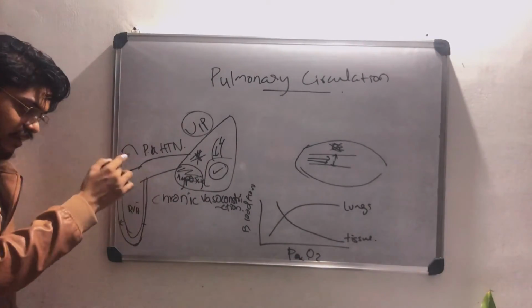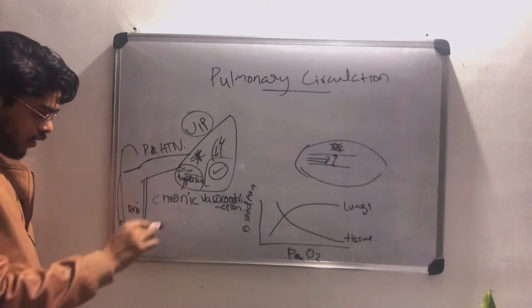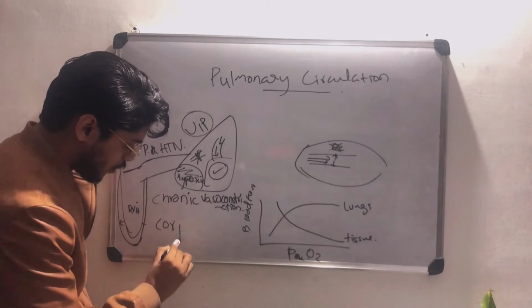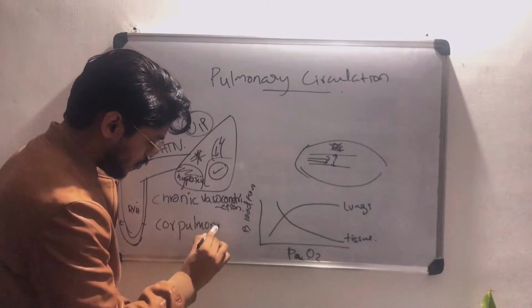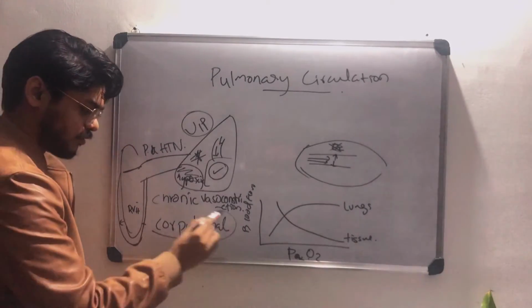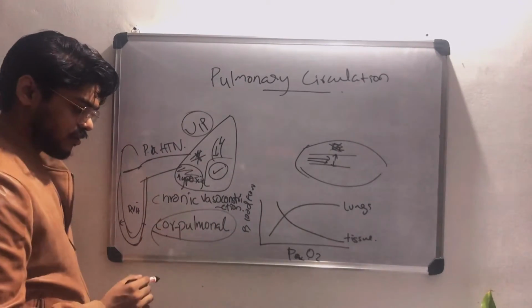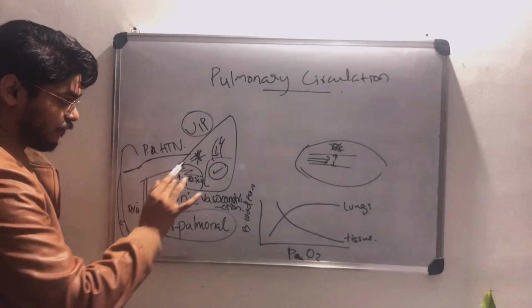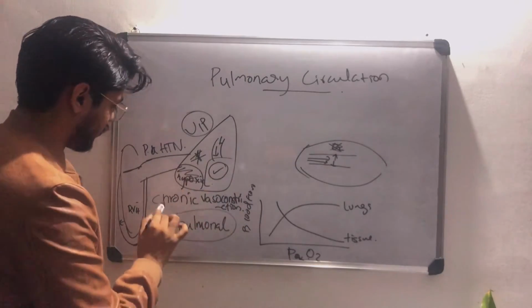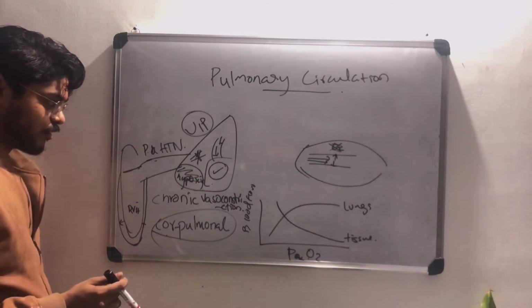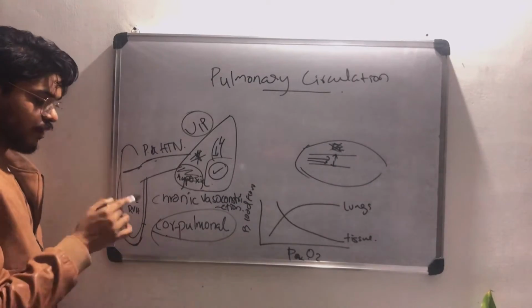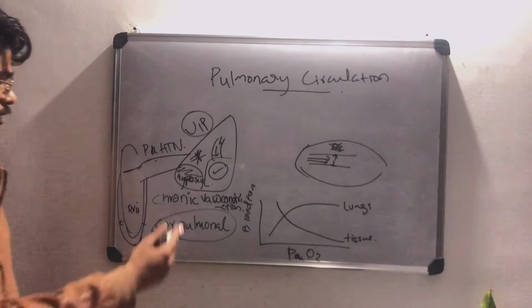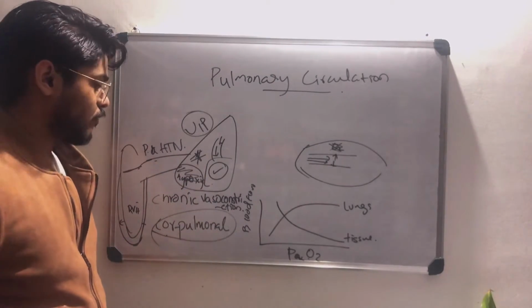What is right heart failure alone? Not the whole heart, only the right heart. What is right heart failure called? Cor pulmonale. Learn this word by heart. It's important. Cor pulmonale is right heart failure. So if we are having chronic vasoconstriction, it can lead to pulmonary artery hypertension or pulmonary hypertension, maybe right ventricular hypertrophy, maybe cor pulmonale. Understood? So these are the adverse effects of chronic vasoconstriction.